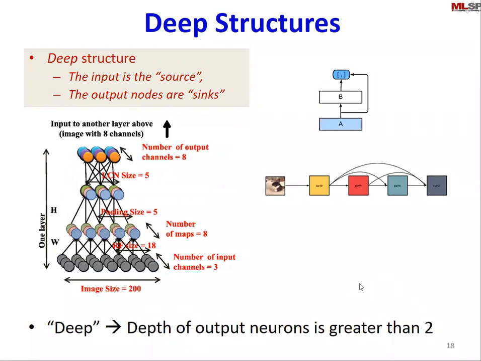Now, when you have a neural network, you don't count the inputs. The inputs are the source. Then you have many neurons, and you have connections from the input to neuron to neuron to neuron all the way to the output. And so the depth of the network is the depth of the neurons in the output layer. So for example, over here, the longest path to the outputs in this figure to the left is 3. So the depth of this network is 3.